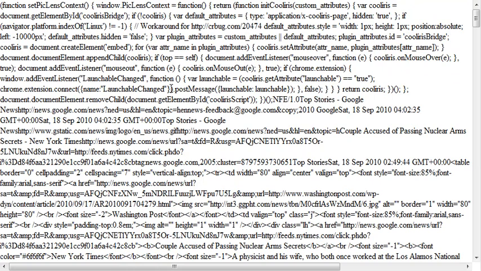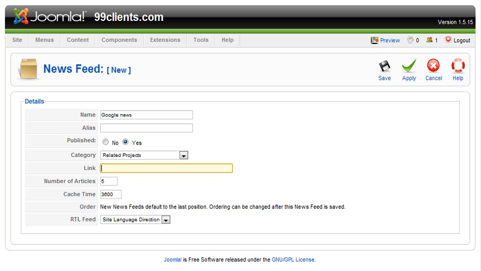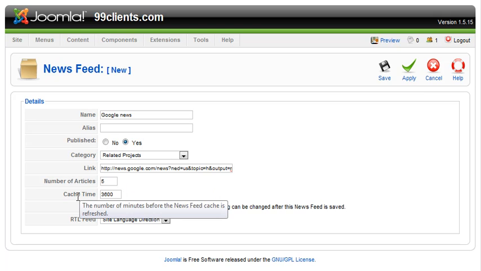So this is what your page is going to look like. What you want to do is go grab the address in the address bar, which is going to be news.google.com/ and a bunch of gibberish. At the end of it, it's going to say output equals RSS. So that's what you want to see. Once you see that and you've got that URL in there, we want to come back here and say, okay, here is the link to it. We want 5 articles. Cache time is 3,600 minutes. We'll make that